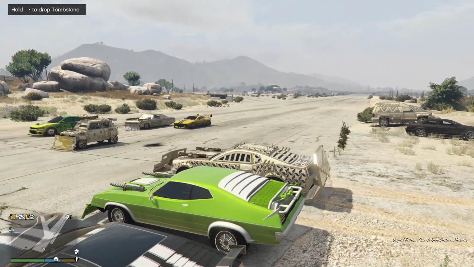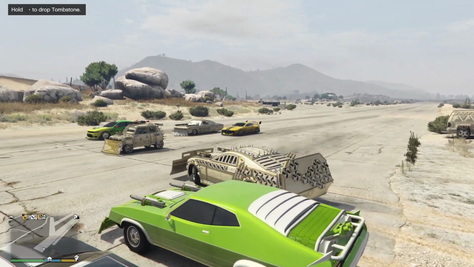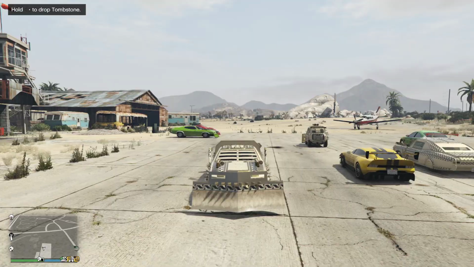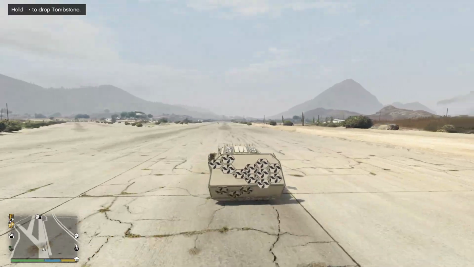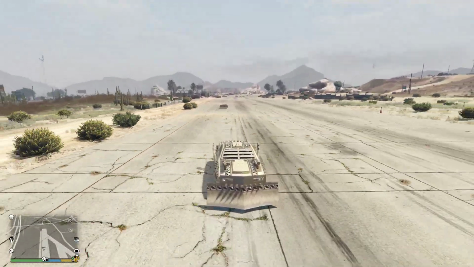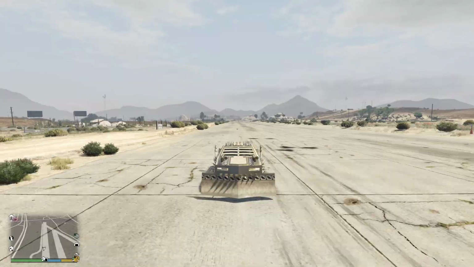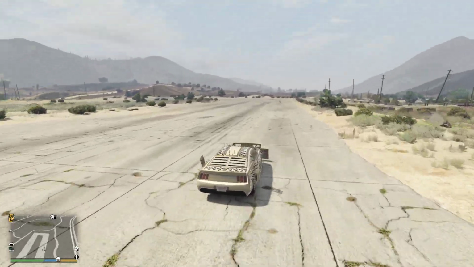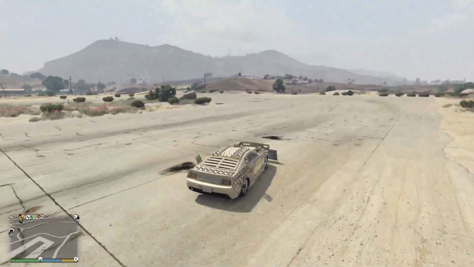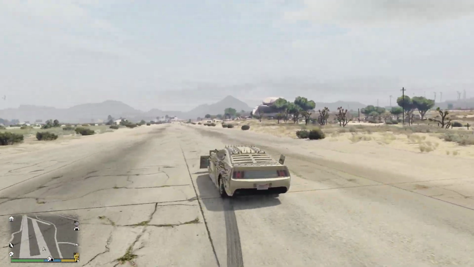Next up, we have the Dominator. Now, the Dominator goes at 131 miles per hour, which is pretty fast as well. Now, the Dominator has some weird quirks going for it. First of all, you can drop what they call the Tombstone. I don't know what it does. Like, seriously, I don't understand the point of it. I don't know if it makes you faster or anything, but it makes the car look a lot nicer, I'll tell you that. But the Tombstone does give you a lot of protection on the rear, basically a shield that